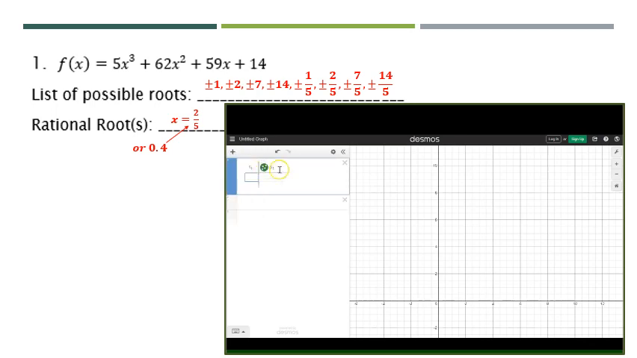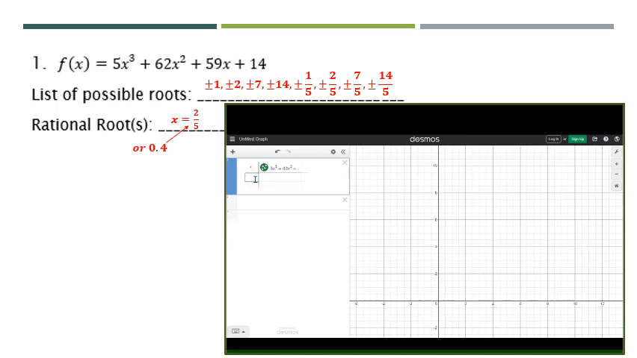Up at the top of the table, I'm going to change a couple things. I'm going to change this where it says x1. I'm just going to change it to x. And then instead of y1, I'm going to change it to just the right side of my equation. So that would be 5x cubed plus 62x squared plus 59x plus 14. So again, it is very important that you type in your function exactly how you see it typed on the problem. Okay, so now the next thing is we're going to add values into the X column of our table,